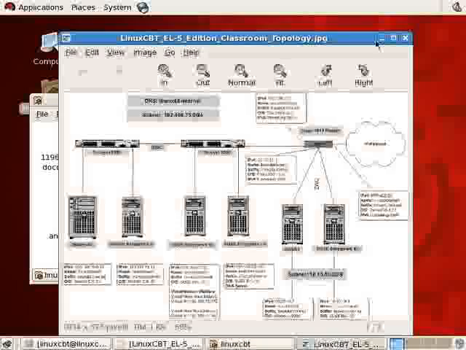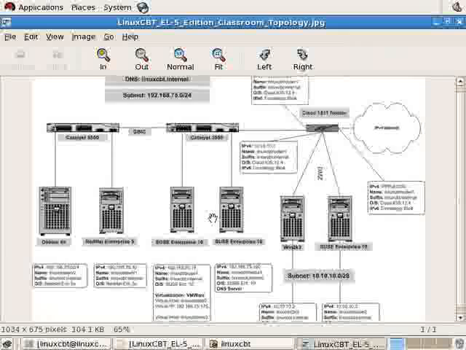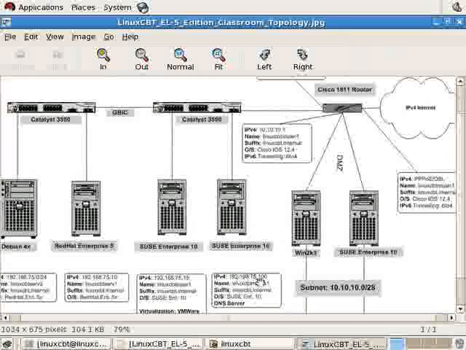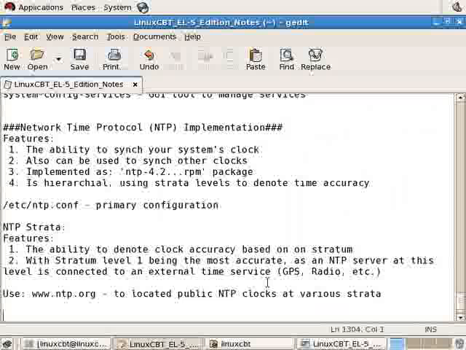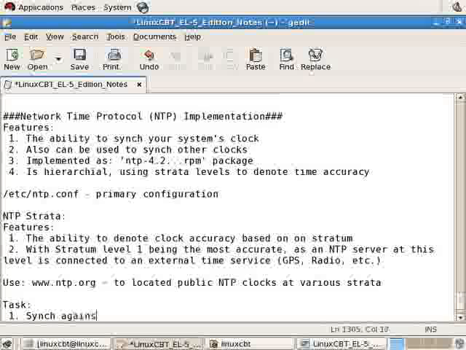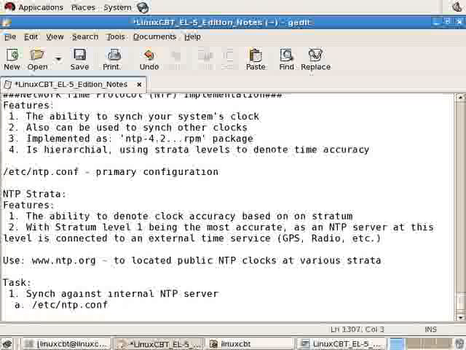This is the classroom topology. For the time being, we can choose to synchronize against our Linux CBT Media 1 box. That's this box here, the 75.100 box, as it's running NTP, just to illustrate how NTPD works. To do so, our first task is to sync against the internal NTP server. And to do so, we'll modify /etc/ntp.conf with the following entry: